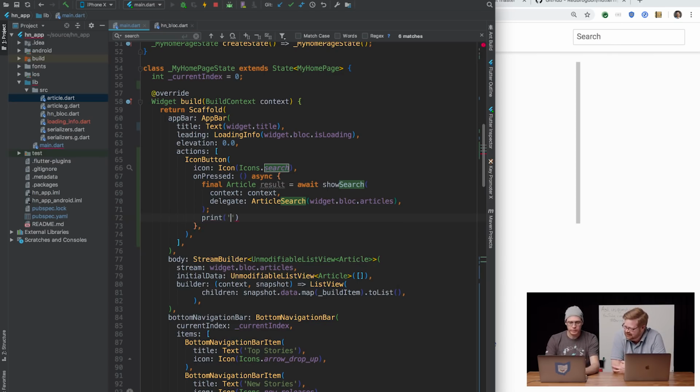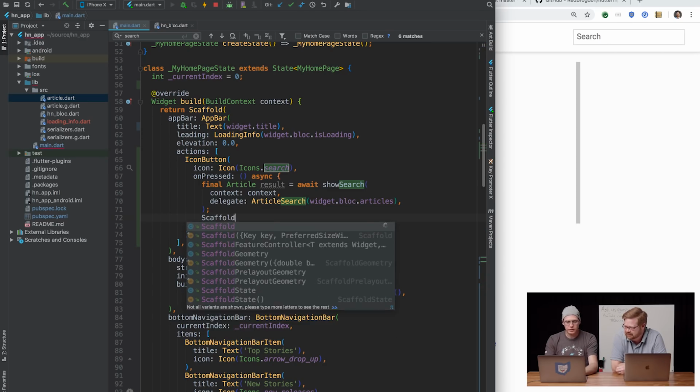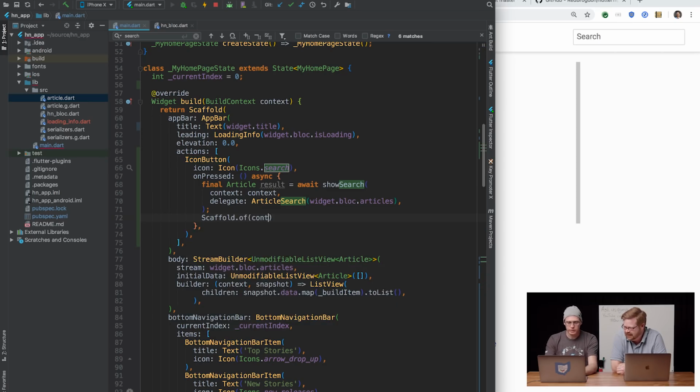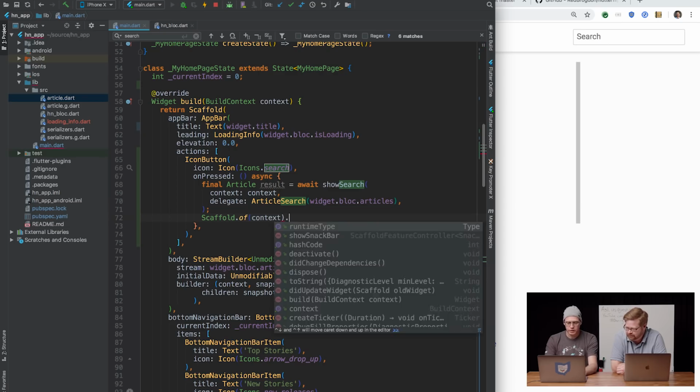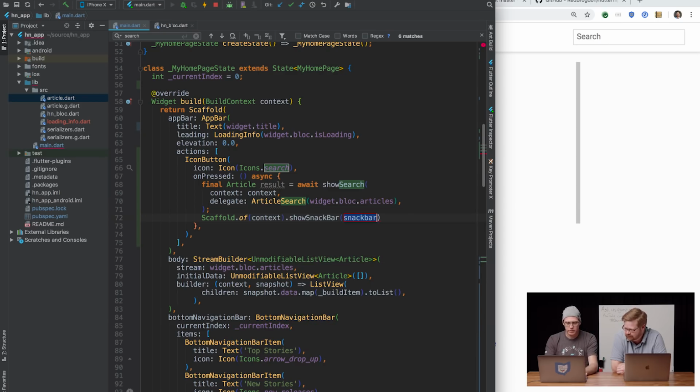We could just do print. Where are we? I was going to do snack bar, but we're in scaffold, and you know. Oh yeah, well, you could just throw a builder in there. Fine, I'll do it properly. We're going to launch URL anyway, right? So the reason why I can't do that, I'll do what I thought I was going to do, just so we can see why it doesn't work. Dot show snack bar,